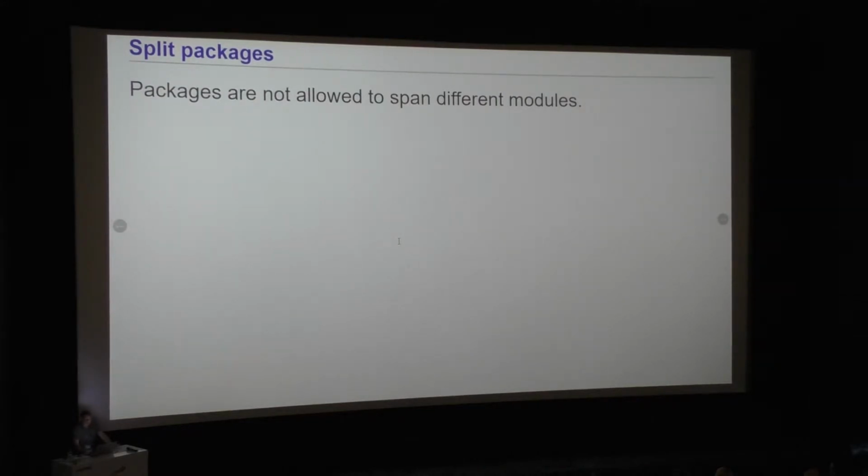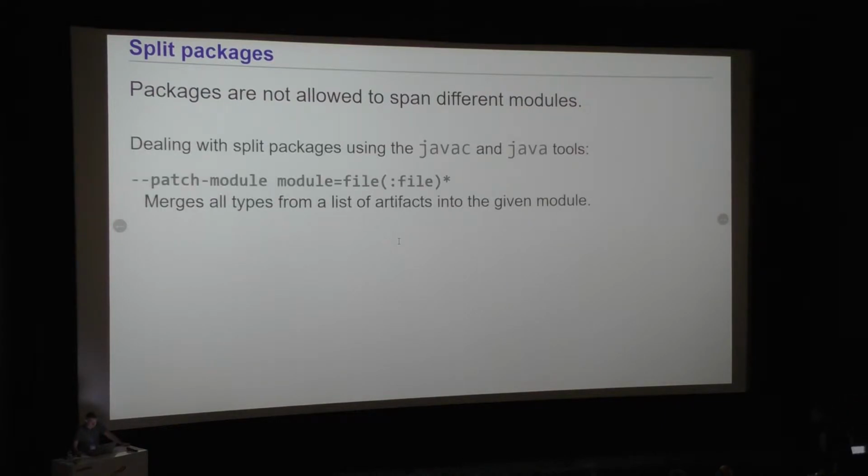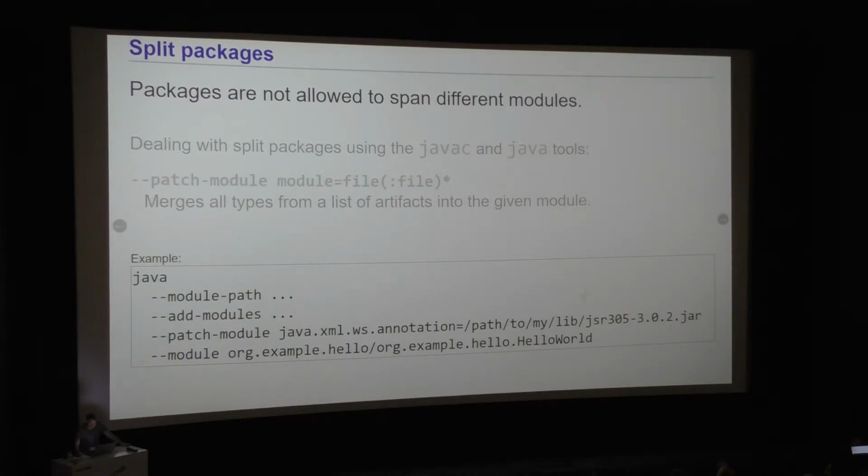A package with the same name is not allowed to appear in 2 different modules. If we have such a case, we talk about split packages. And in order to deal with such situations, the javac and the java tools provide us the --patch-module option. With this option, we ask that all classes from a list of artifacts should be merged into a given module. For example, with this command, I ask that all classes in the JSR 305 jar should be merged into the java.xml.ws.annotation